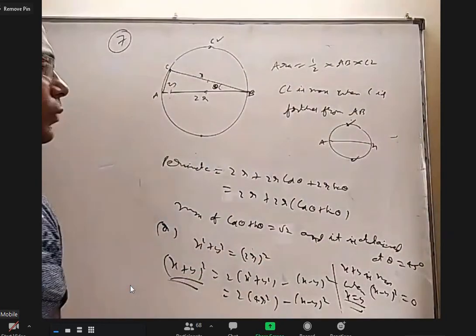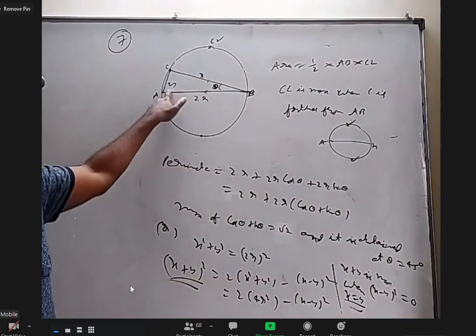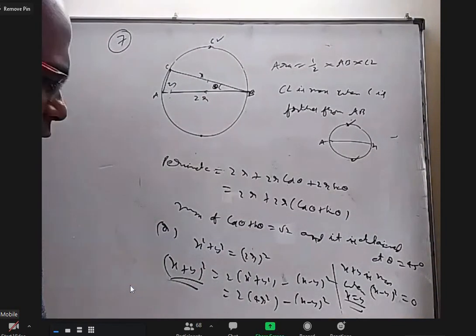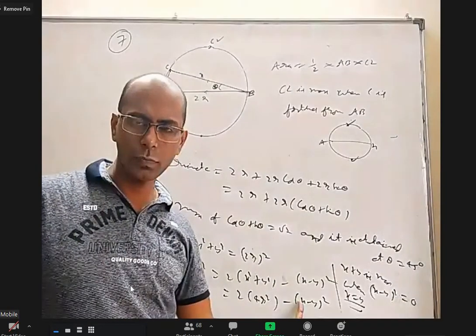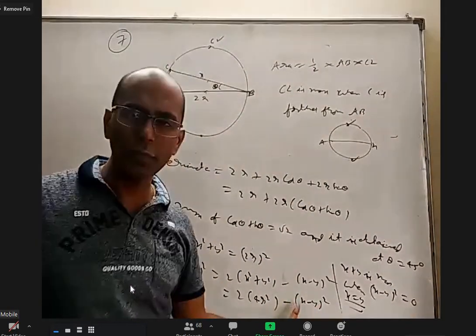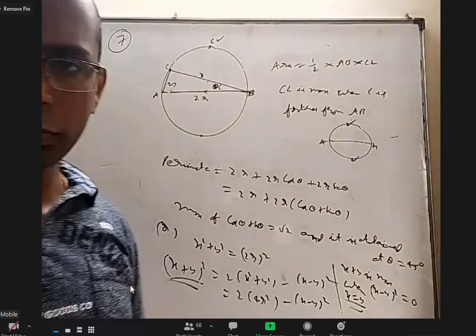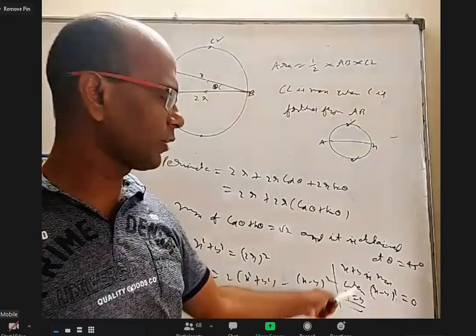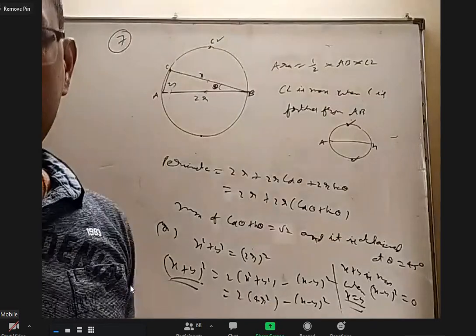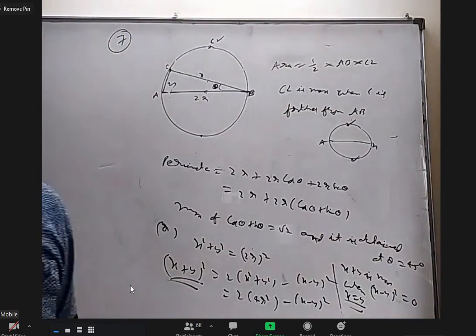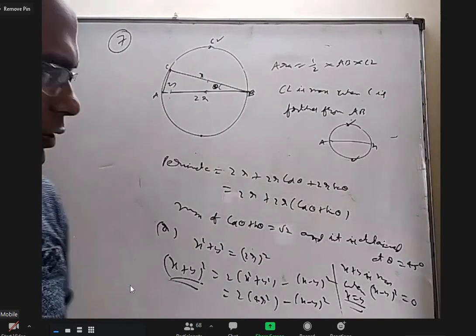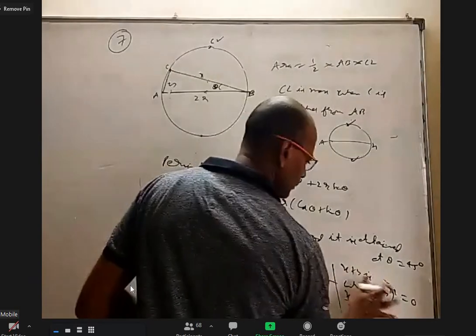That is not a circle, it is a right angle triangle. This square plus this square is this whole square, Pythagoras. If you want this to be maximum, this should be minimum, and the minimum of a square of something is 0. So there, x plus y is maximum and x minus y whole square is 0. That is when x equals y. So if you want the perimeter to be maximum, x equal to y means it is an isosceles triangle and it is already right angled. That's it. Yes, sir, understood.